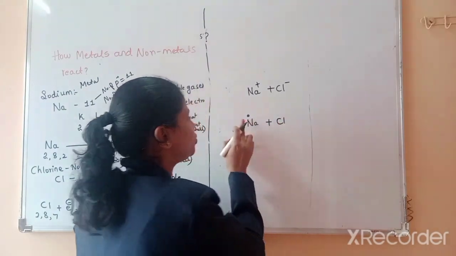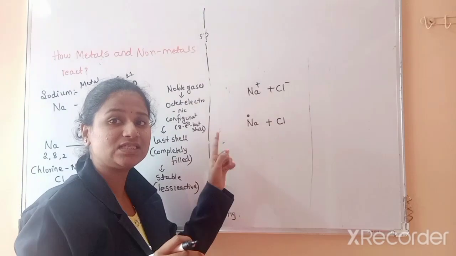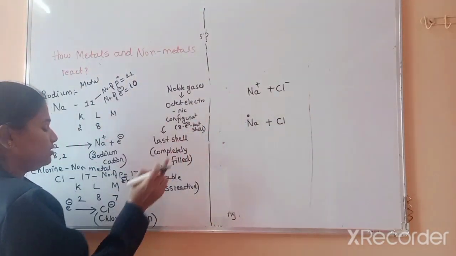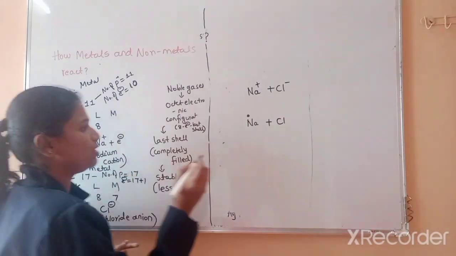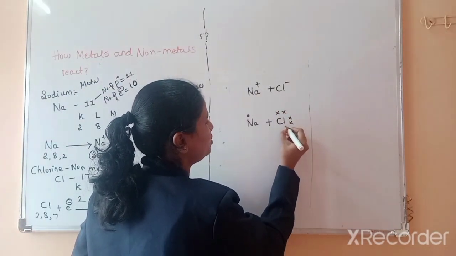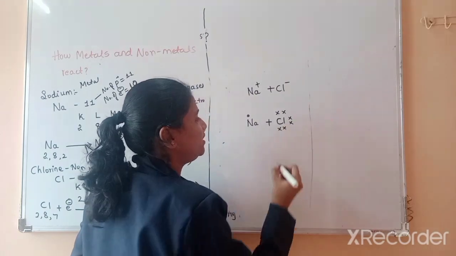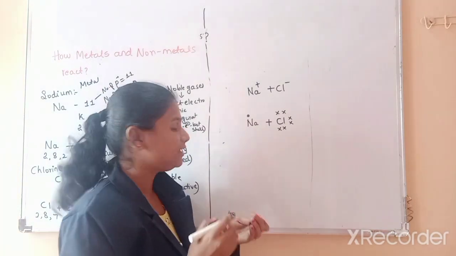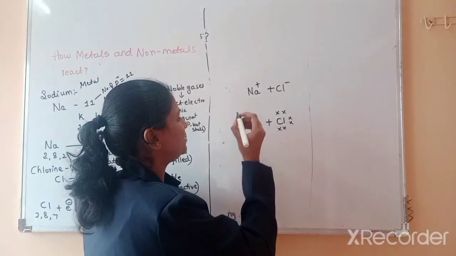Chlorine. So we should write the last shell here. The last shell has 1 electron. So 1 electron. The last shell has 7 electrons. So 7 electrons I should mark. 1, 2, 3, 4, 5, 6. Label or mark the electron in a different shape. Okay. Now what happens is